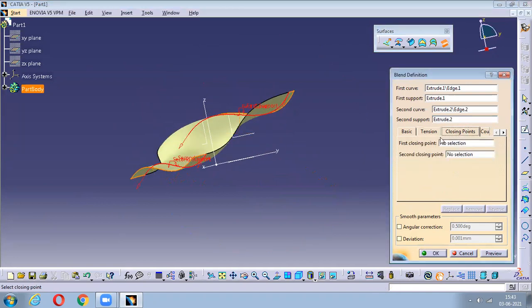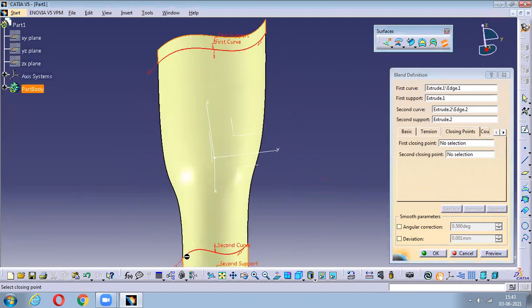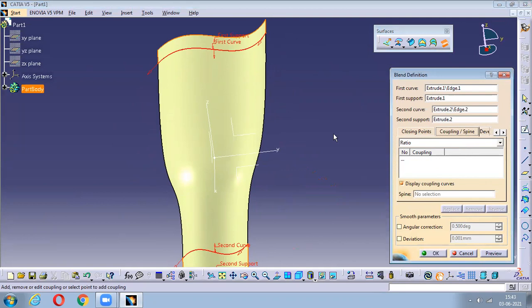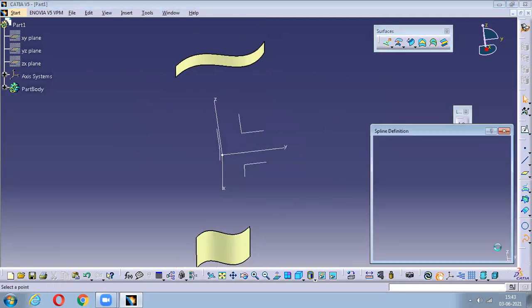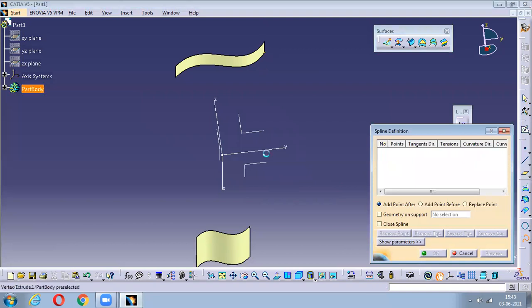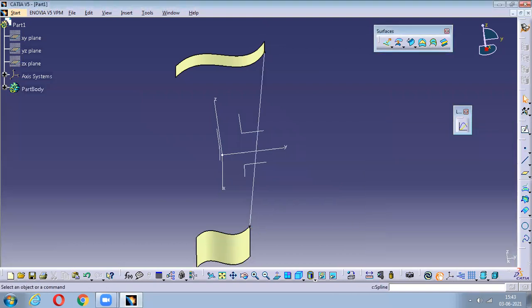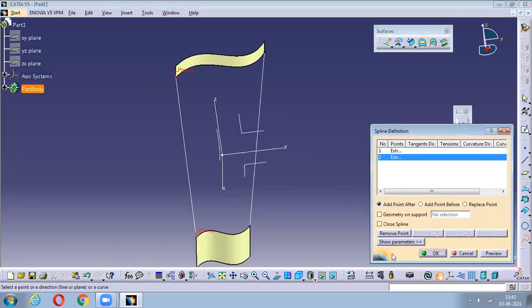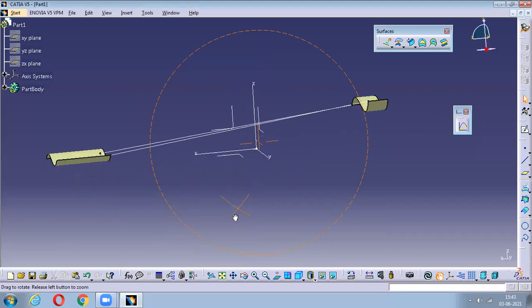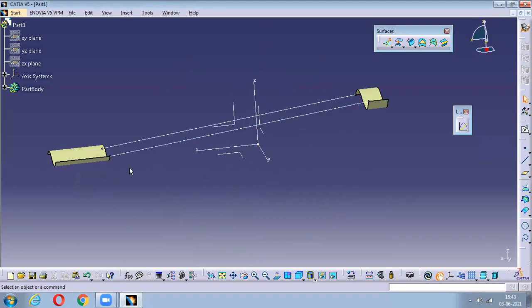Again, you can vary the closing points. So these are the closing points, these 4 closing points. If you vary the closing points, obviously the profile is going to vary. In the same way we have couplings here. So couplings or splines, how they work: for example, if I create something like this, a straight one, it comes straight because there is no distortion in between. If you want to create some distortion, you have to create some points over there.